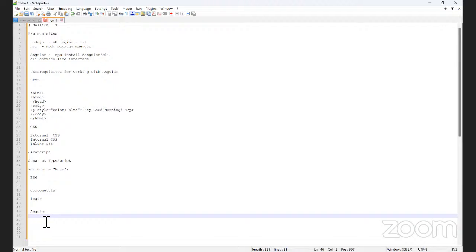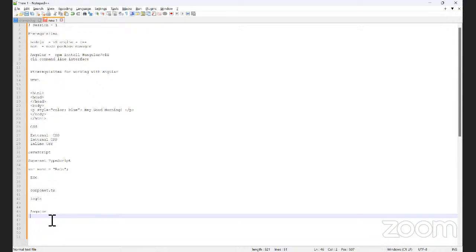If you want to display this name in the browser, we have one-way data binding and two-way data binding. With one-way data binding, we display this name here, and with two-way data binding, whatever changes you make in the browser are sent back into the TypeScript, and from there you can send them to the backend.